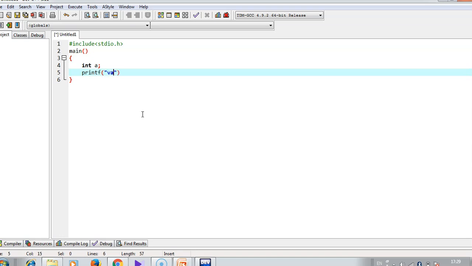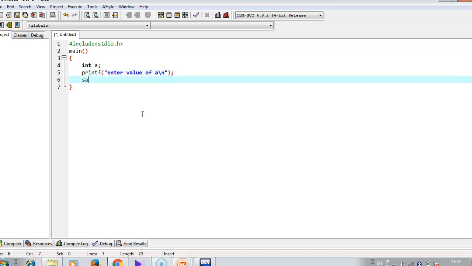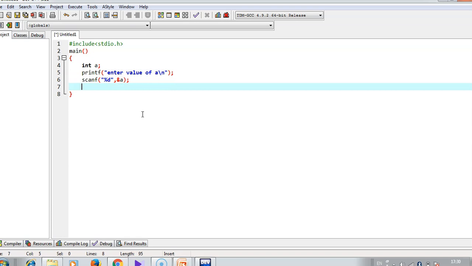Now with the help of printf, enter value of a. Using scanf, store the value of a, %d, &a.